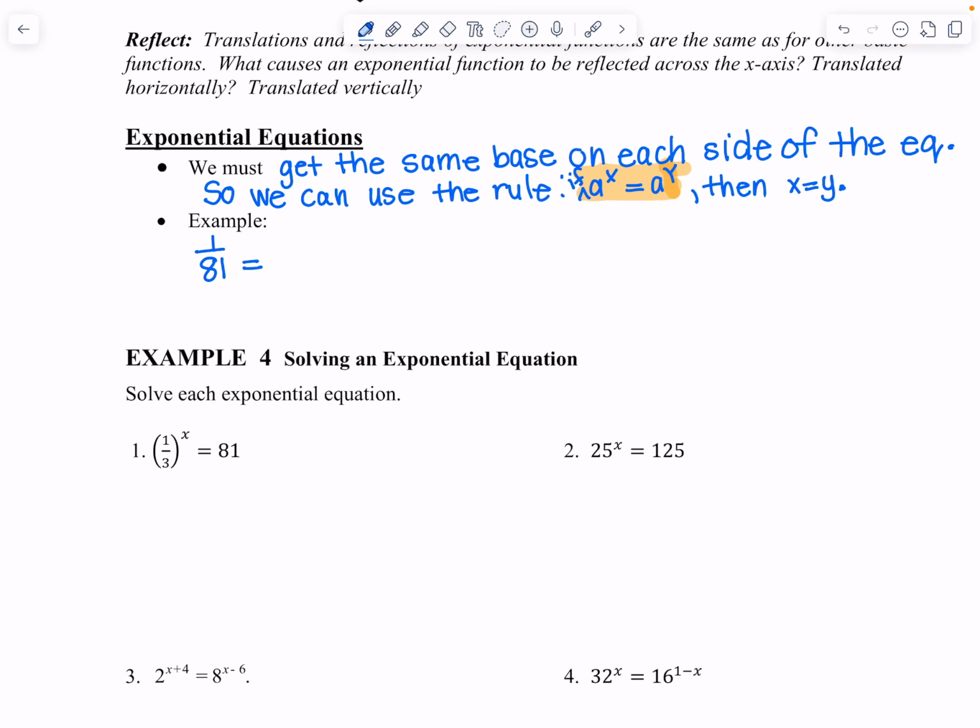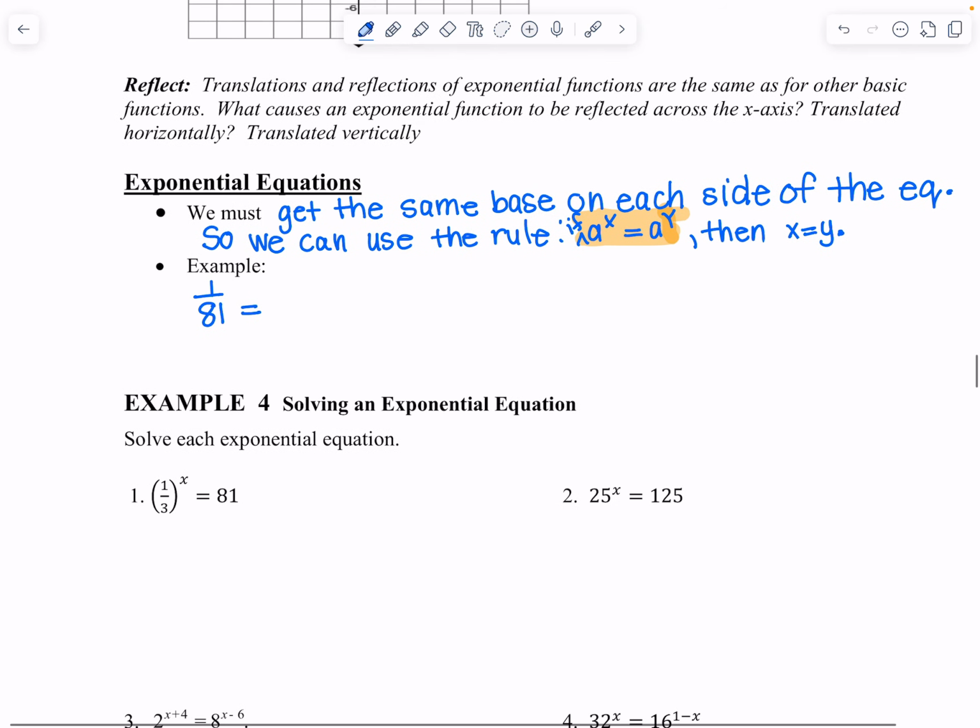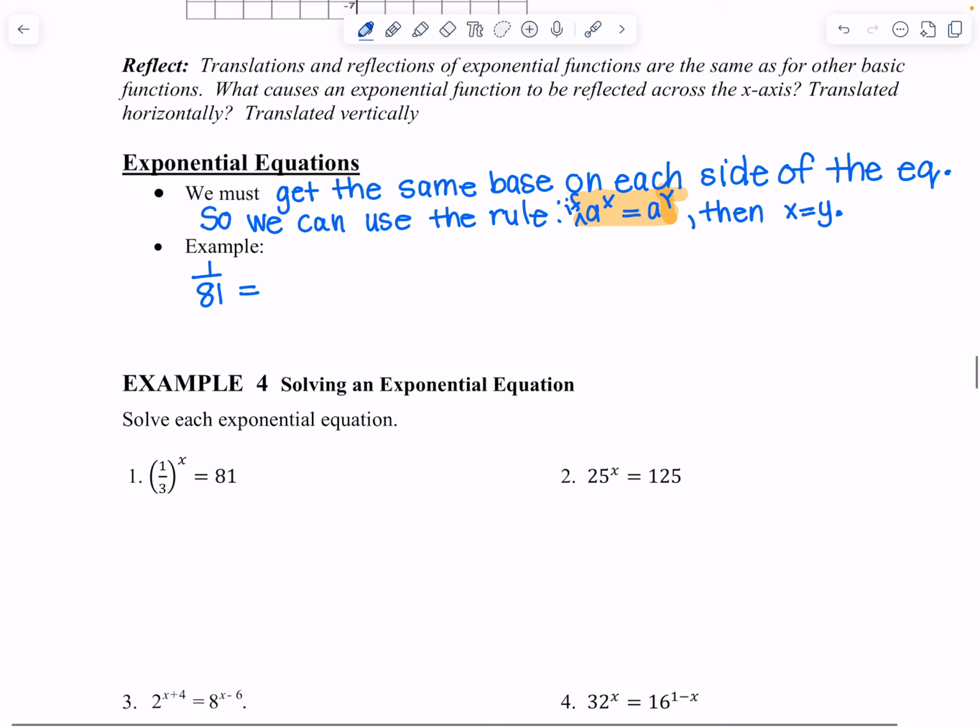Hey class, I'm back. From earlier, we did graphing of exponential functions. Now we're going to solve these exponential functions. We're going to solve exponential equations, and the thing about solving exponential equations is you want to get an exponential